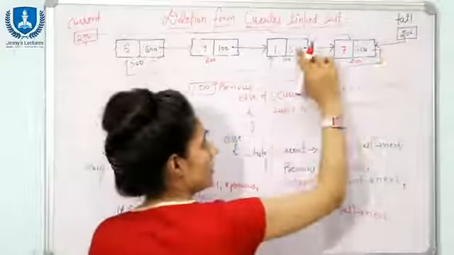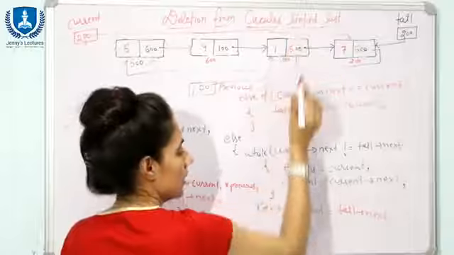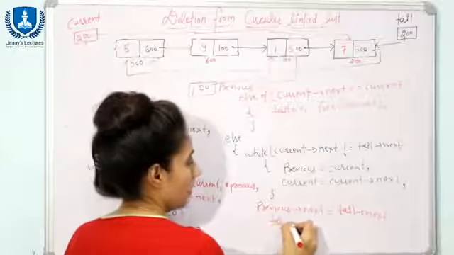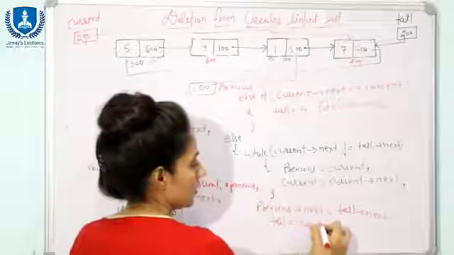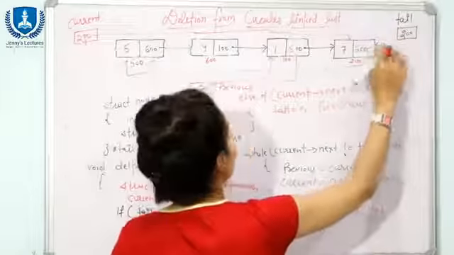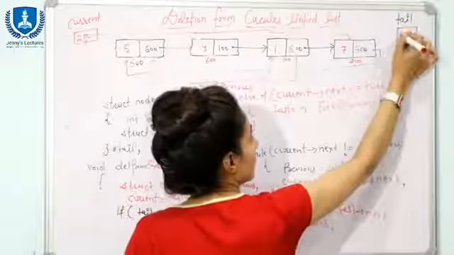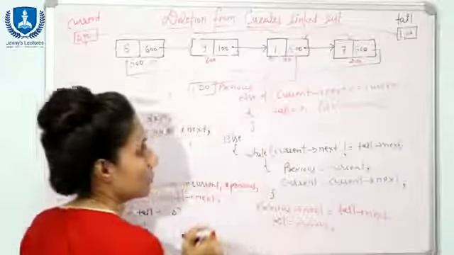Now we are going to update this tail. In tail we will store 100 because this is going to be the last node now. From where can I get 100? In previous I have 100, so tail is equal to previous, right? So now tail is containing what? 100. Now tail is pointing to this node, right?